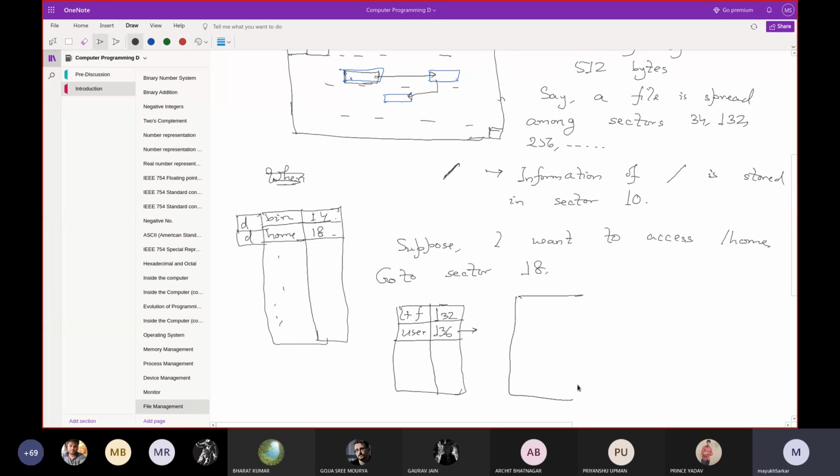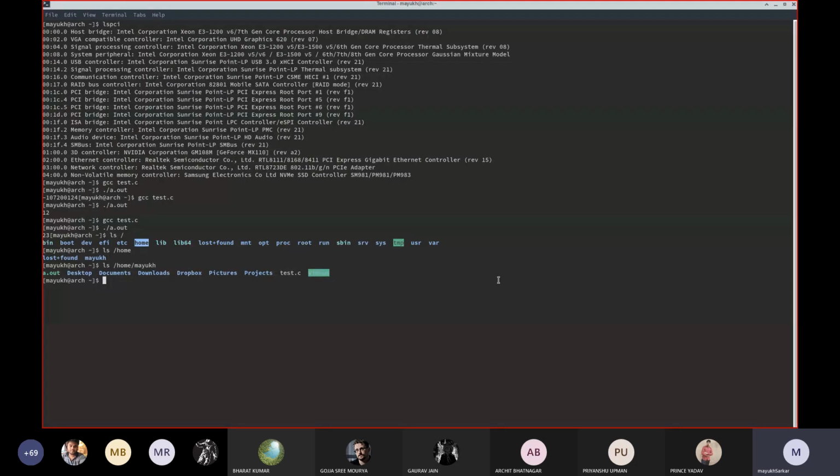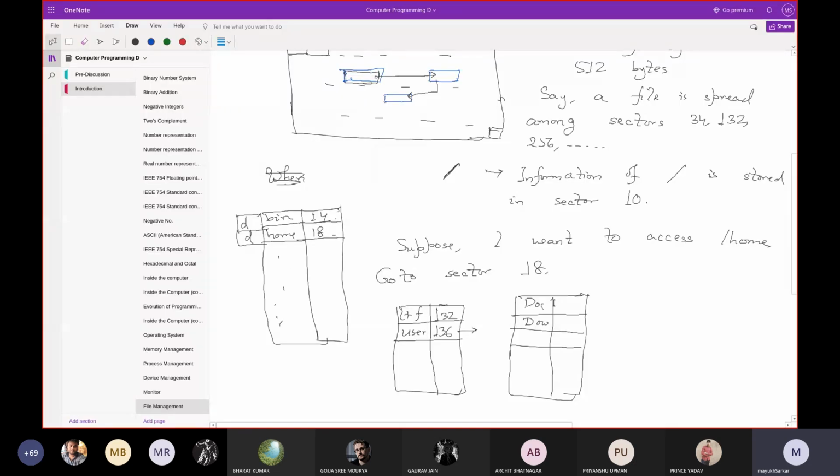You'll see another list there. The corresponding documents, downloads, they are also directories in themselves. And there is a file as well, test.c. For the directories, they are directories, whereas test.c is a file.